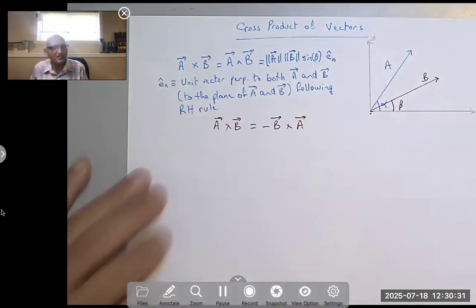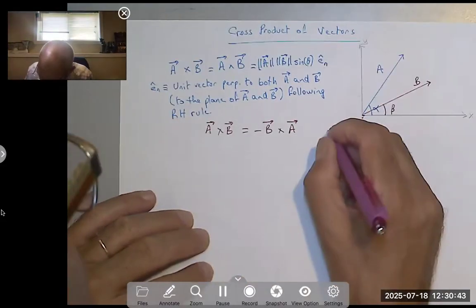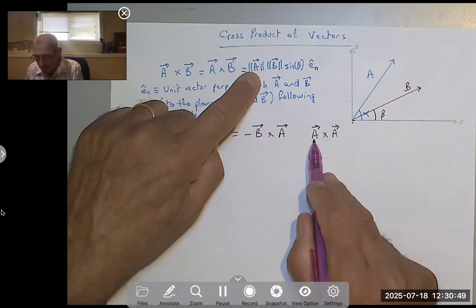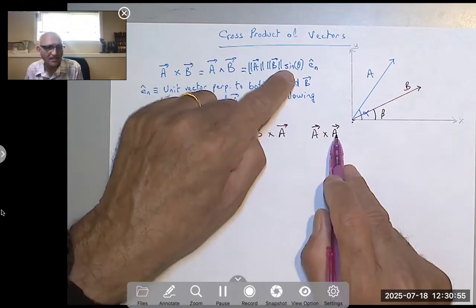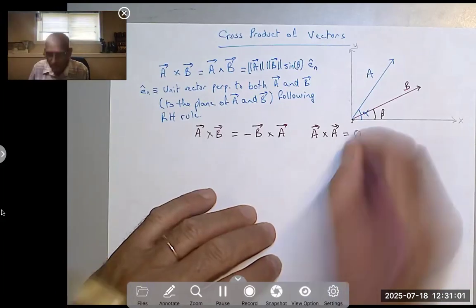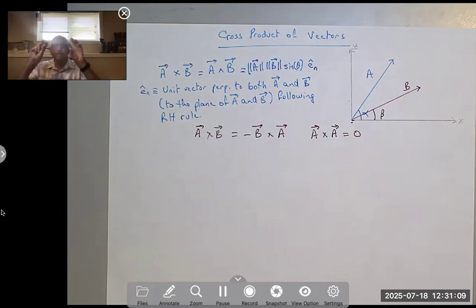That's important. It's not like the dot product that can move things around. No, here it's very important to understand which comes first. Not only that, we know that A cross A is the magnitude of A, which is 1, times the magnitude of B, which is 1, times the sine between A and itself. But the angle between A and itself is 0, and sine 0 is 0, so that equals 0. But in the dot product, if two vectors were perpendicular to each other, the dot product is 0. Here,